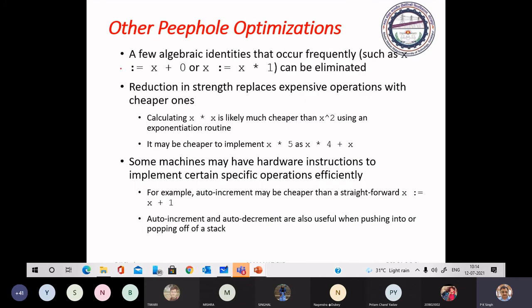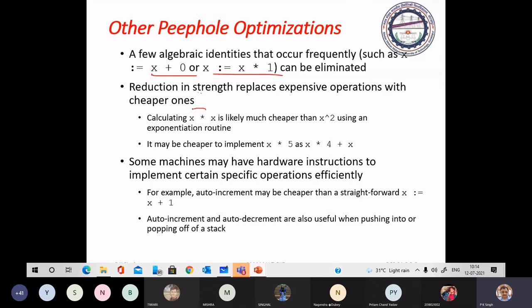Now see some algebraic identities I have told you. X equal to X plus 0, X equal to X into 1 may be eliminated. Then we can reduce the strength of the computation.